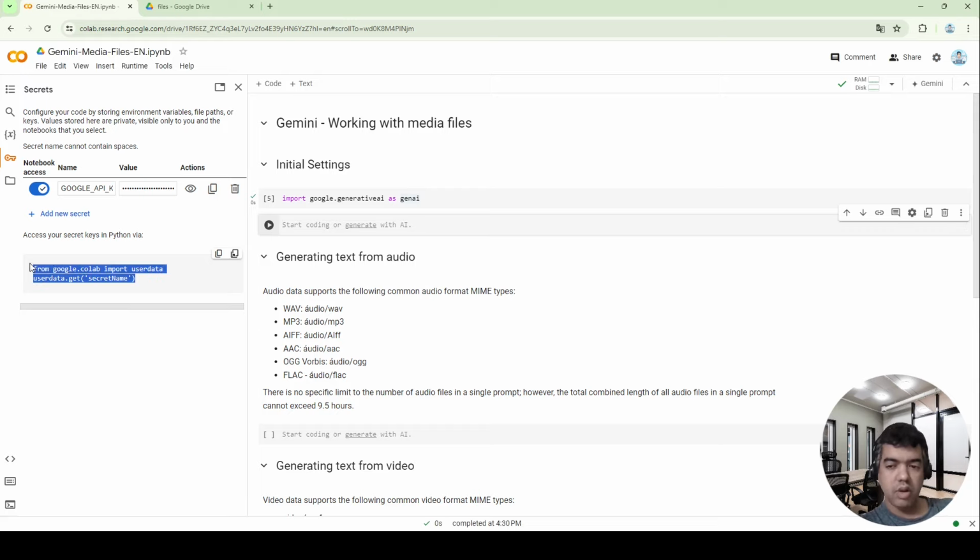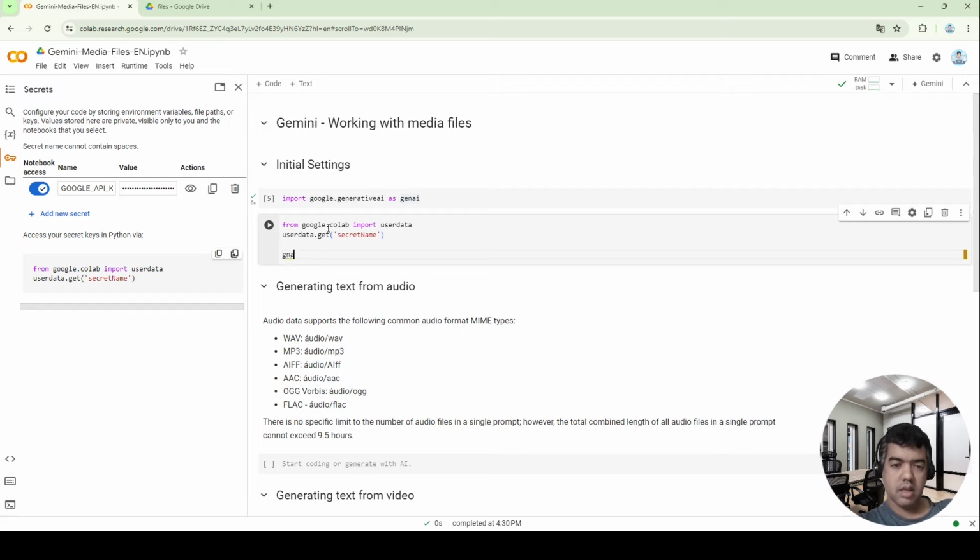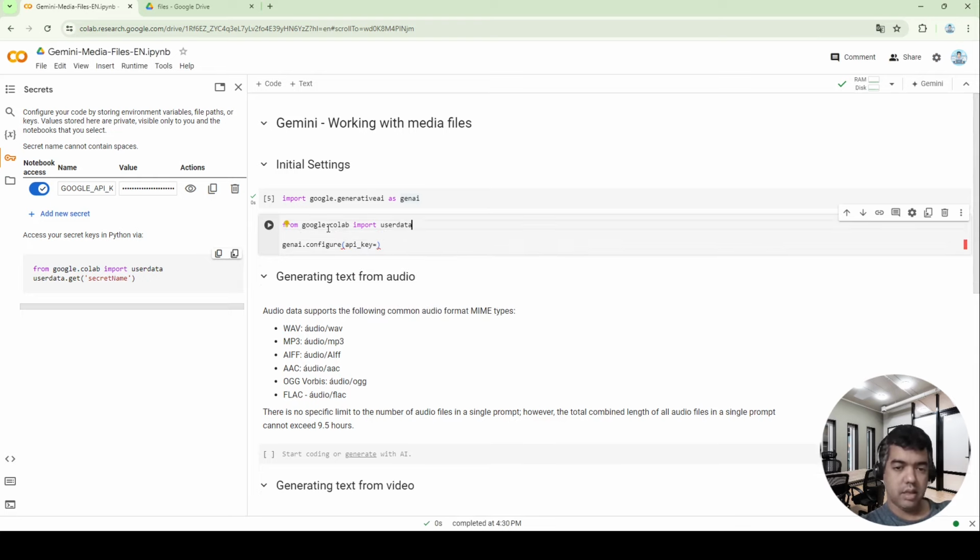Copy this content and paste here. genai.configure, api_key equals, get this content and change here to GOOGLE_API_KEY. Execute it. Okay, the command executed successfully.